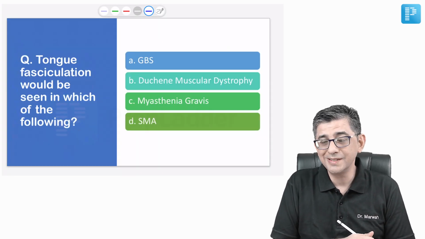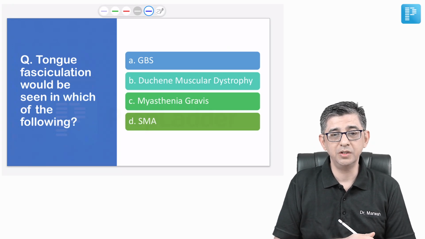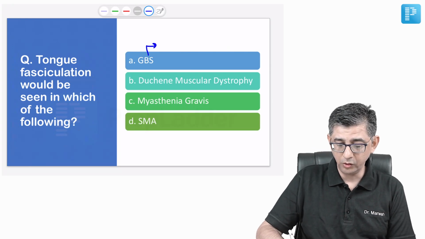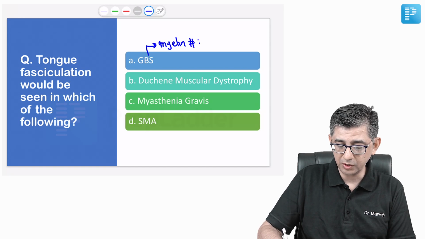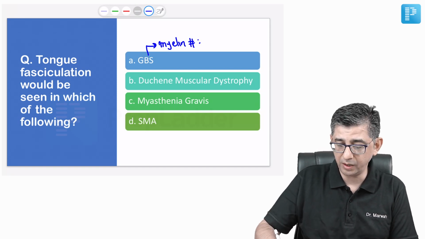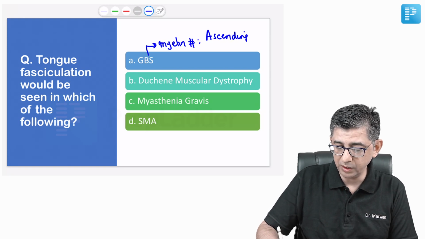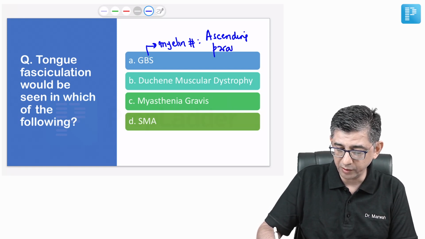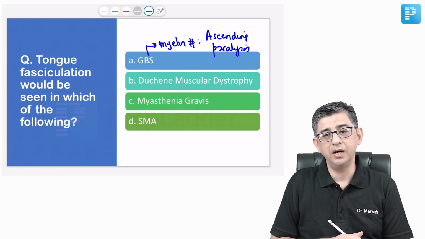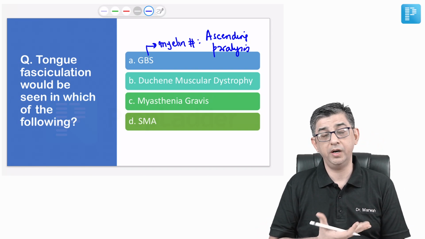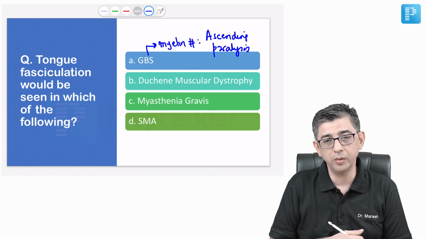The subsequent question said tongue fasciculations would be present in which of the following. So it has to be a lower motor neuron lesion. When it comes to Guillain-Barré syndrome, it is characterized by demyelination, and the manifestations are in the form of ascending paralysis. This is a lower motor neuron type of paralysis that would be developing in the patient. There could be diaphragmatic paralysis as well. And usually when we read about GBS, it's all about quadriplegia and diaphragmatic paralysis, 7th nerve palsy, but not about